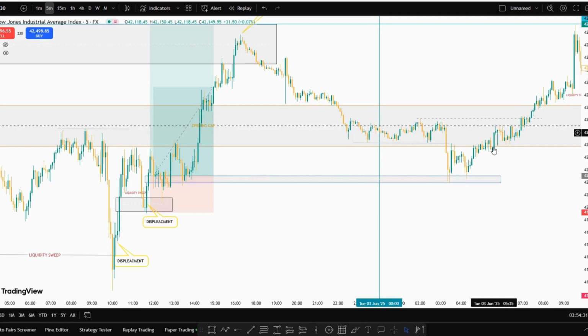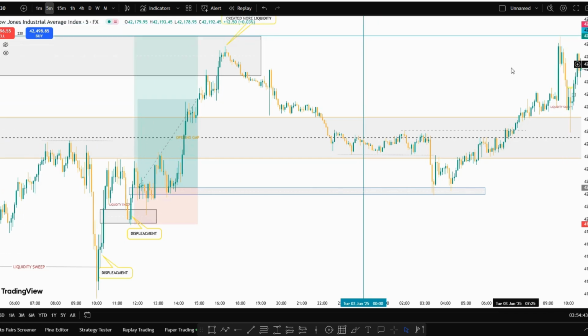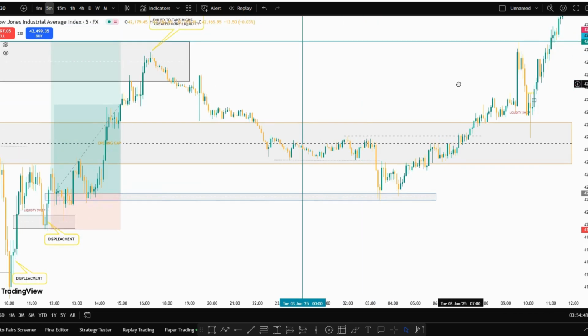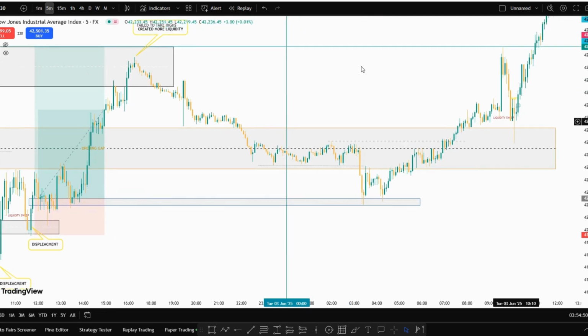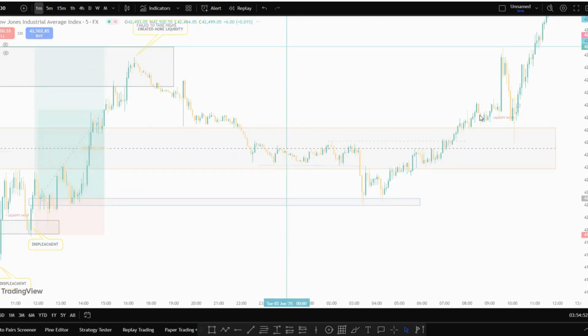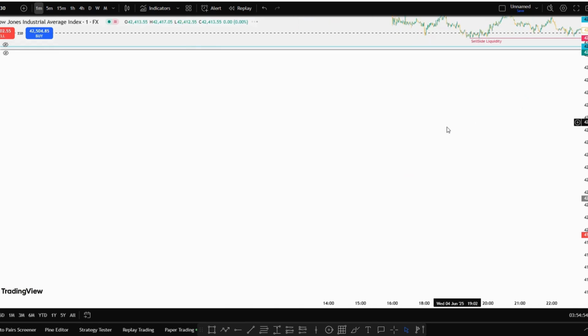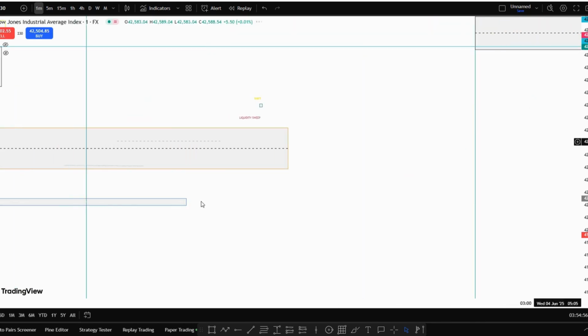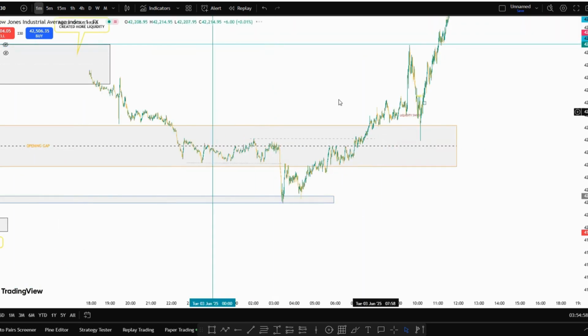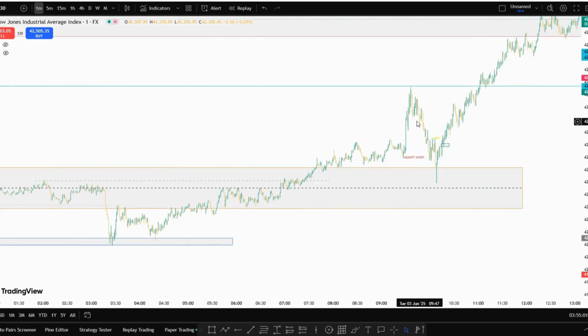So at this level over here, we could have set a buy limit, right? When price traded back up into the opening gap, a buy limit at this level, and look to go take this high, and potentially go take our highs at this level, right? So as price moved on, now we're in the New York session for Tuesday, right? So as price moved on for the New York session,